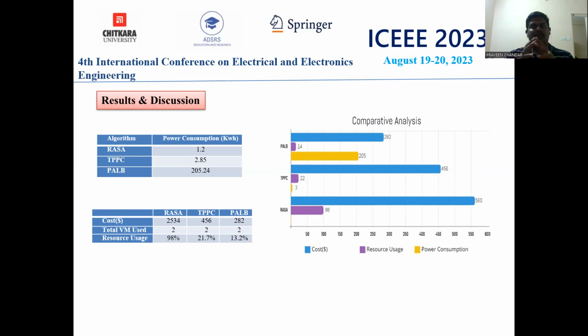As far as our proposed approach is concerned, it is based only on power consumption. On that basis, we conclude that the RASA algorithm is the better one compared with all other algorithms. With this, we conclude our results. In our research, we took three different task scheduling algorithms, did the experimentation, and tried to prove that the RASA algorithm is the minimum power consumption algorithm compared with the other two in existing cloud data centers.